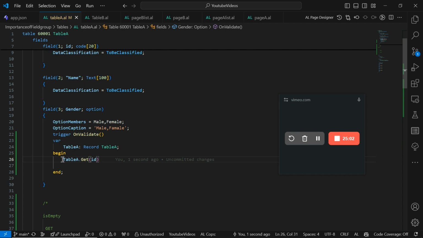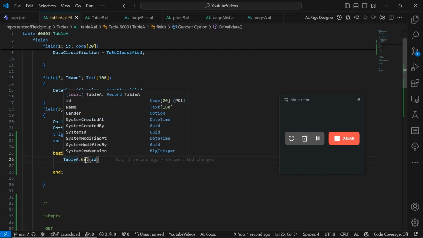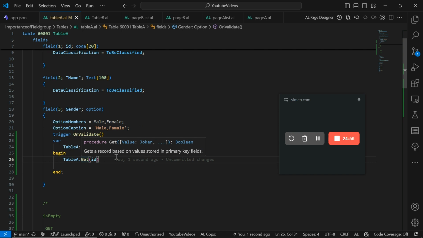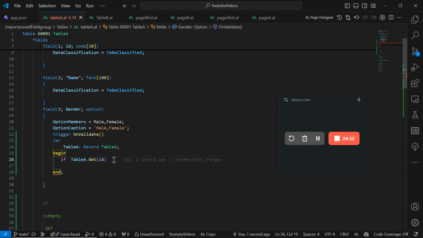When I do this, this should return either a true. Let's see, what does it return? It returns a boolean, true or false. So I can put a condition saying if table A dot get that primary key,